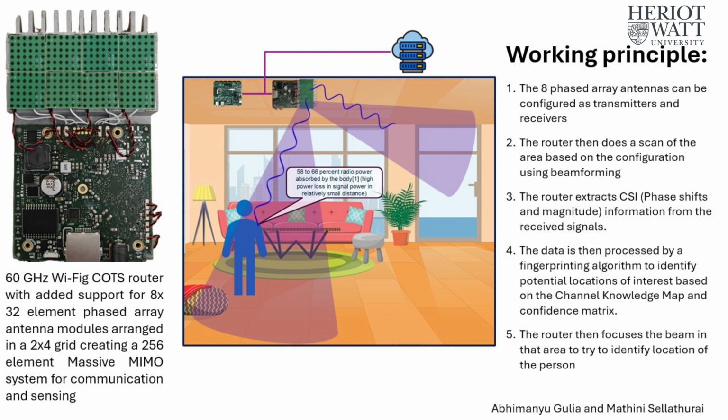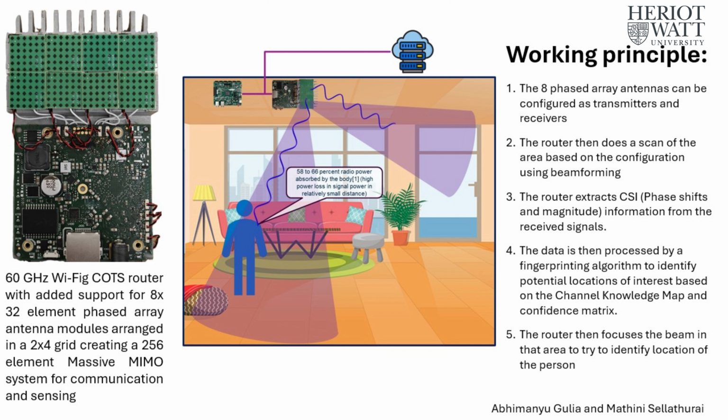The 8-phased array antennas can be configured as transmitters and receivers. The router then does a scan of the area based on the configuration using beamforming. The router extracts CSI information from the received signals. The data is then processed by a fingerprinting algorithm to identify potential locations of interest based on the channel knowledge